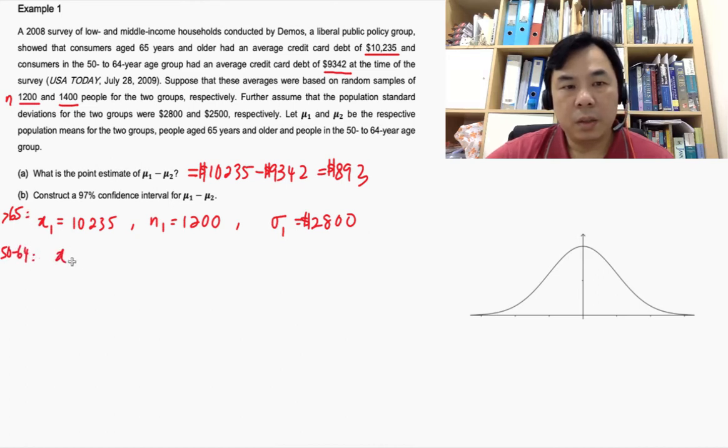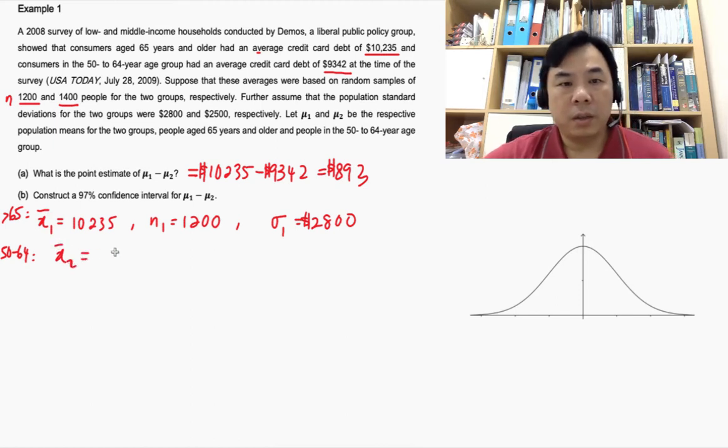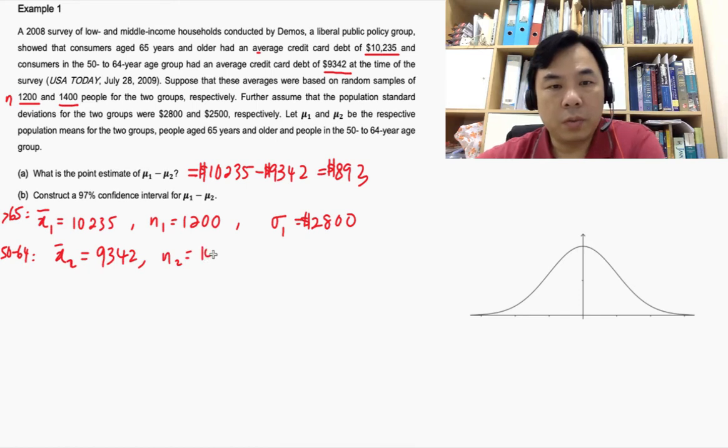Right, now the information given here is the average credit card debt. Sorry, this is the average credit card debt. So the second credit card debt is 9342. The sample size drawn was 1400, and then the standard deviation given is